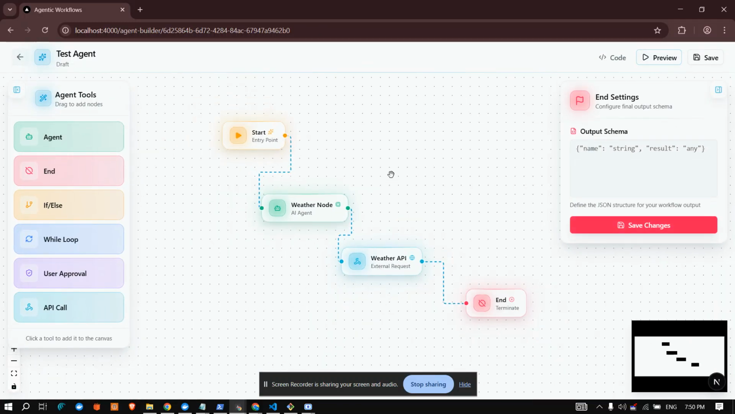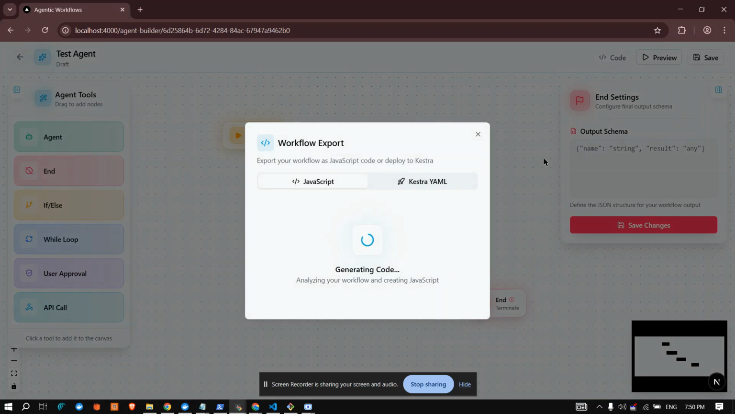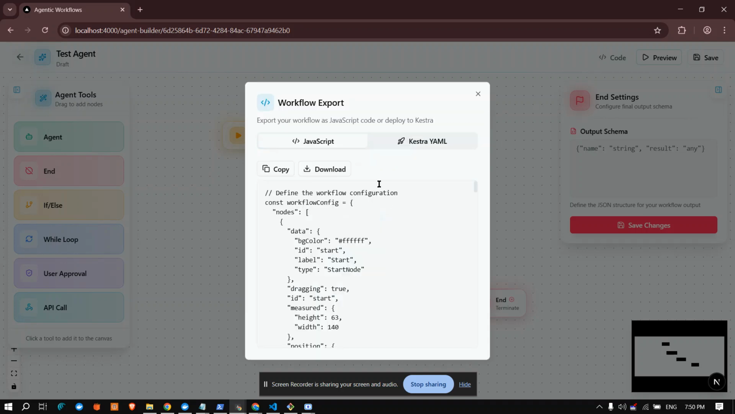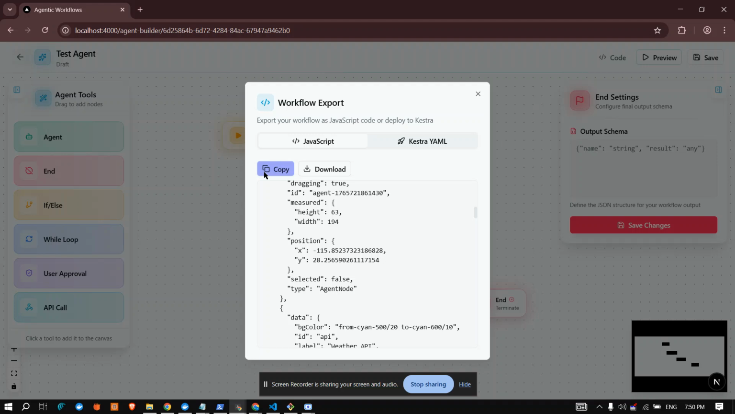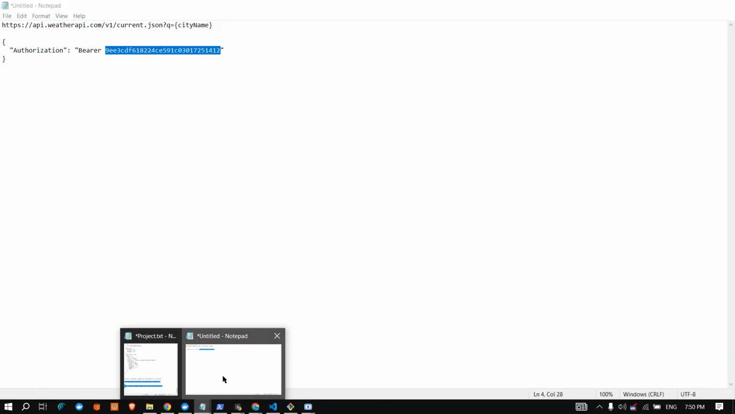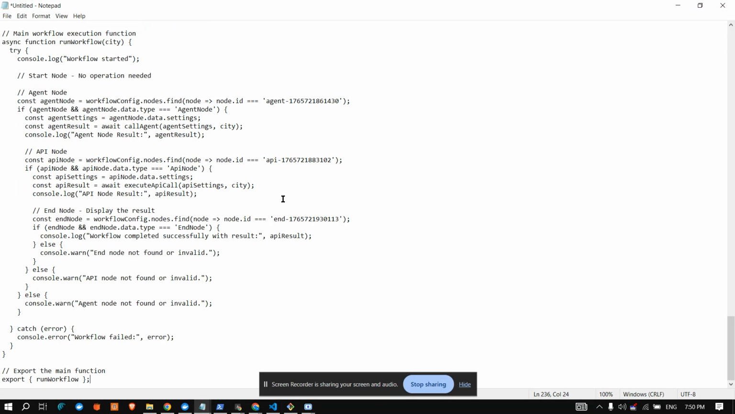And what we can do is generate the code. This code is what the workflow looks like, but in code format, which we can then copy and include in our application. So let's just give it a little bit of time. So this is what it generated. If we copy it and look over here, then it does include the API call